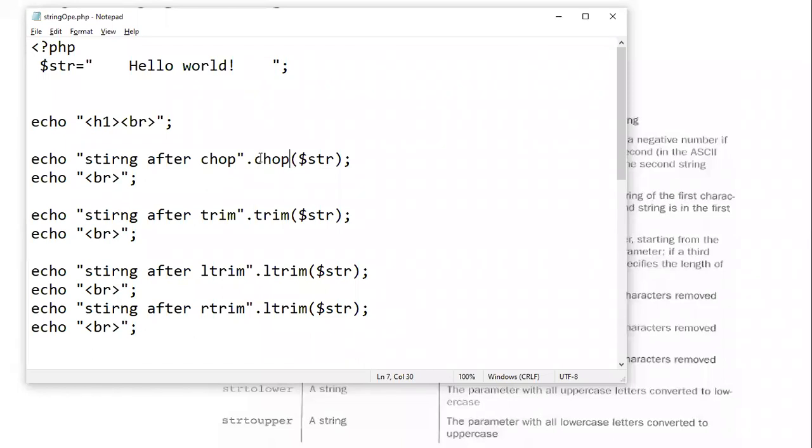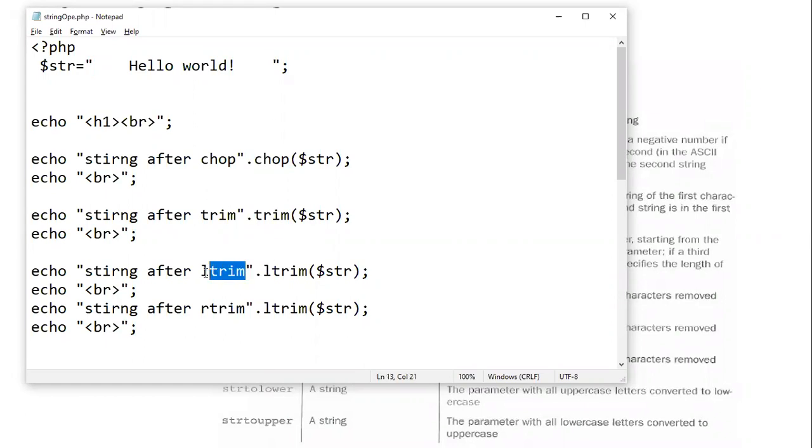Chop and trim do the same work. Chop is one of the original functionalities, and trim is an additional functionality of PHP. Trim also does the same: it removes the starting white space characters, any number, and the trailing ones.